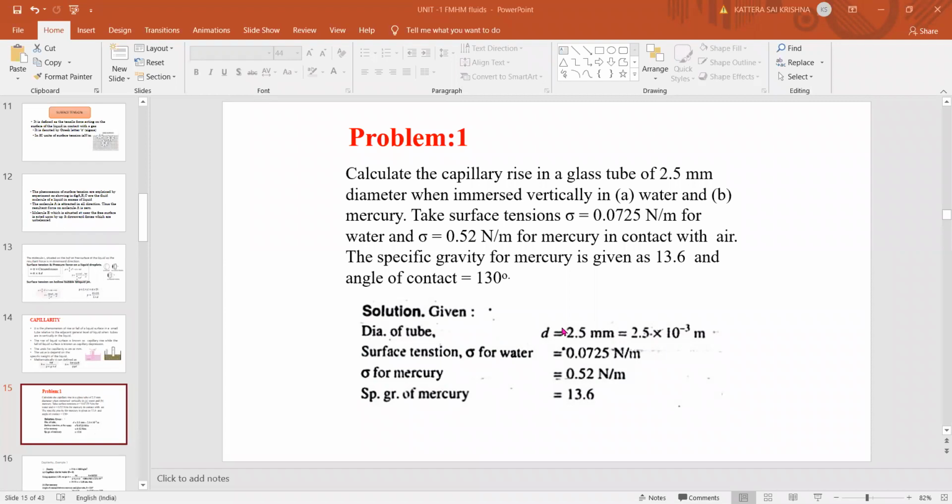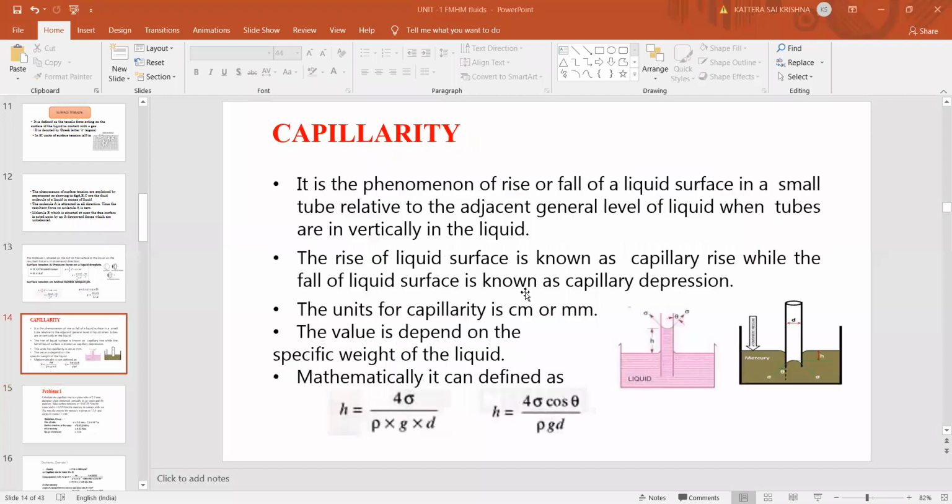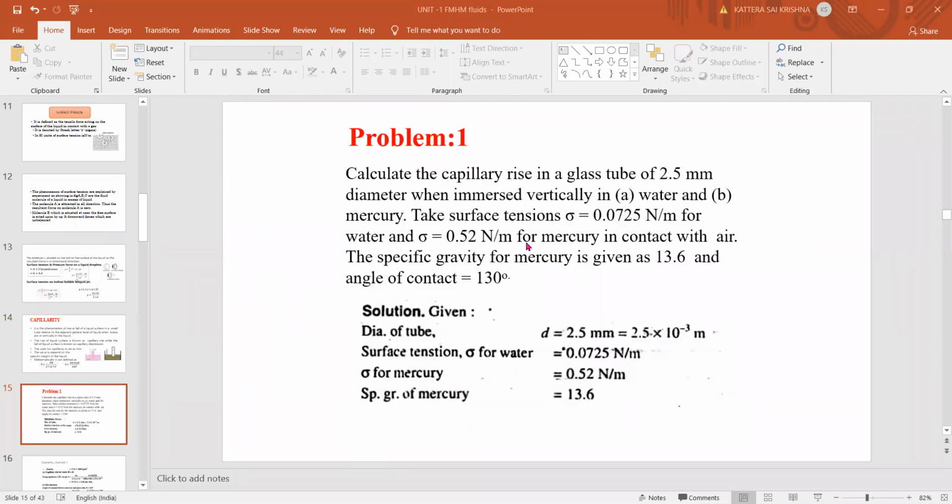So what we need to find here is the capillary rise, nothing but the H value. Already in the last slide, we have seen the H value formula. For capillary rise, H equal to 4 sigma by rho GD. Please write this. First, write it as number 1. He's asking A here, so A, capillary rise